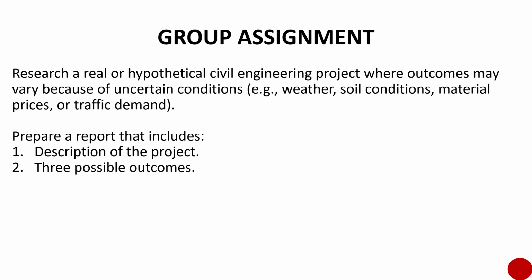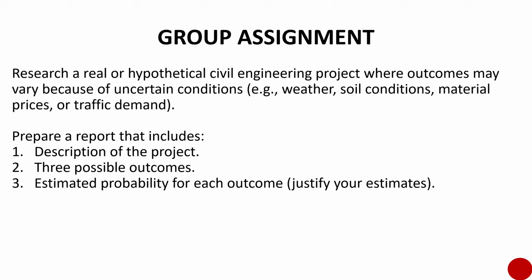And then you give three possible outcomes. You have the risk, right? Let's say possible conditions. You have your uncertain conditions, and then what would be the possible outcomes for that? Just follow the previous examples. We have our favorable or the high, and then the normal or moderate, and then the low or the poor. And for each of those outcomes, you provide an estimated probability, like 0.2, 0.5, 0.3, whatsoever, and the estimated monetary value for each outcome should also be given.